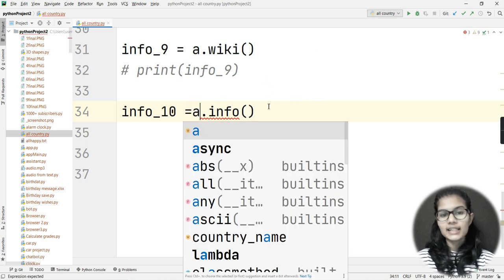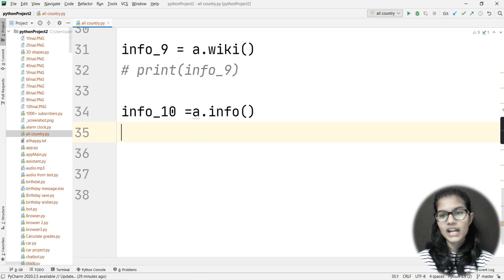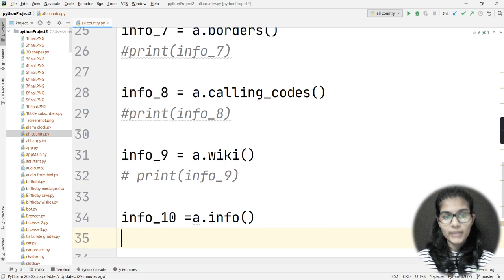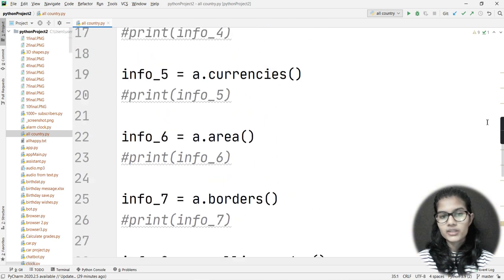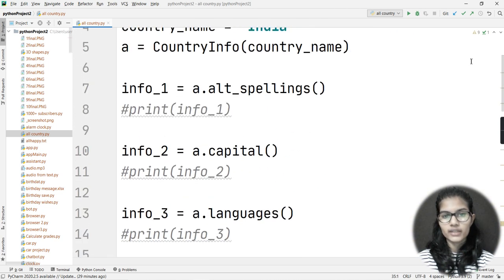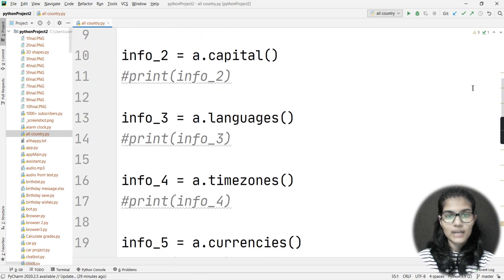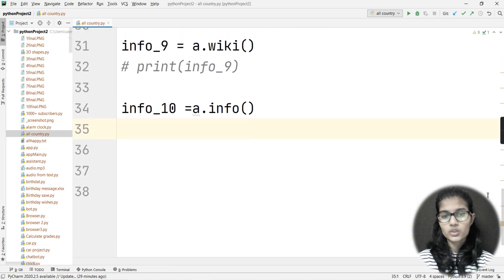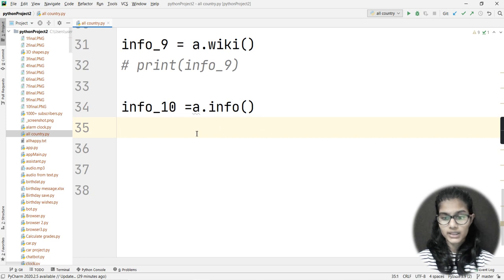Now basically, let's say I have used n number of functions. I made many variables, and onto those variables I used many functions, let's say alt spellings, capital, languages, time zones, currencies, area, borders, calling codes, wiki. I used many things.